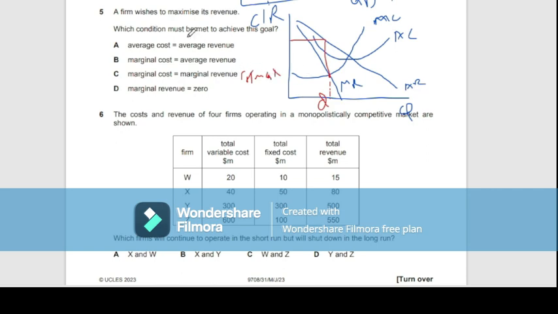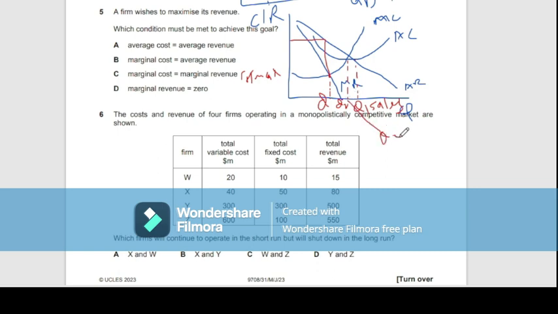Where average cost meets average revenue, here, let's call it Q1, the firm will be maximizing sales. So sales maximization here. Where the marginal revenue is equal to 0, let's call this output Q2, the firm will be maximizing sales revenue or total revenue. Where the marginal cost meets the average cost, let's call this output Q3,